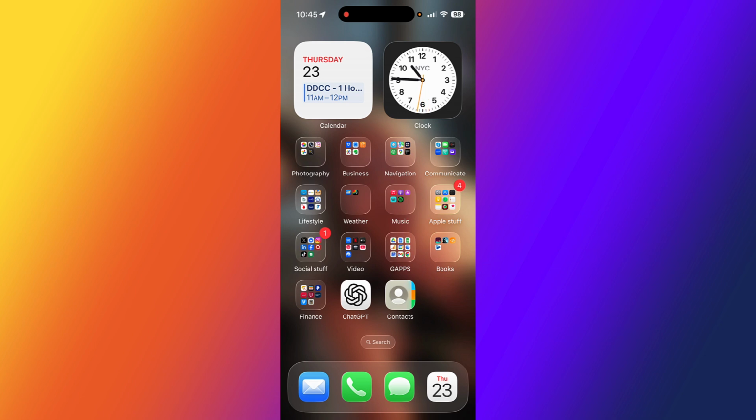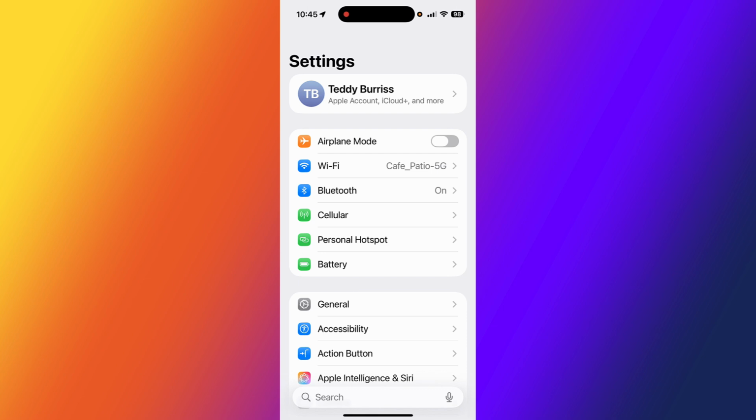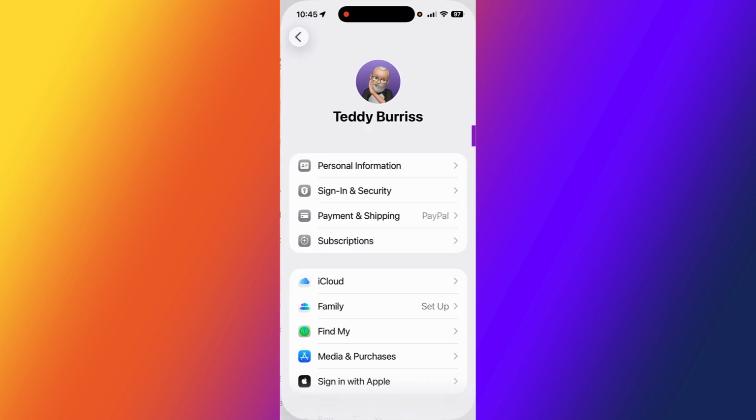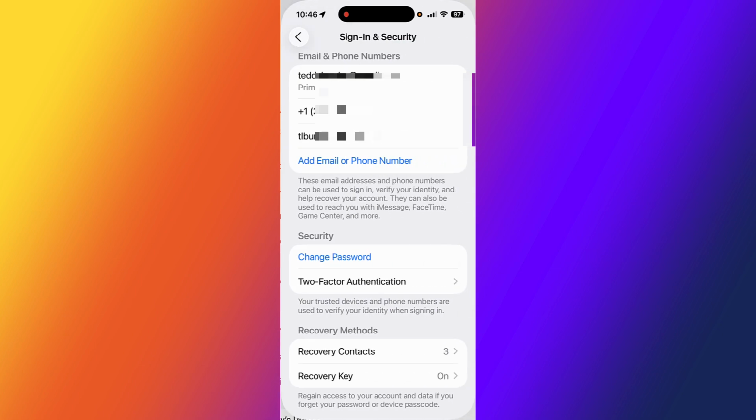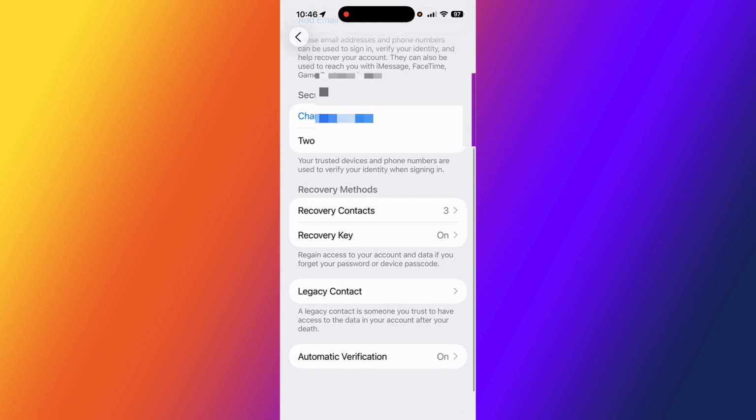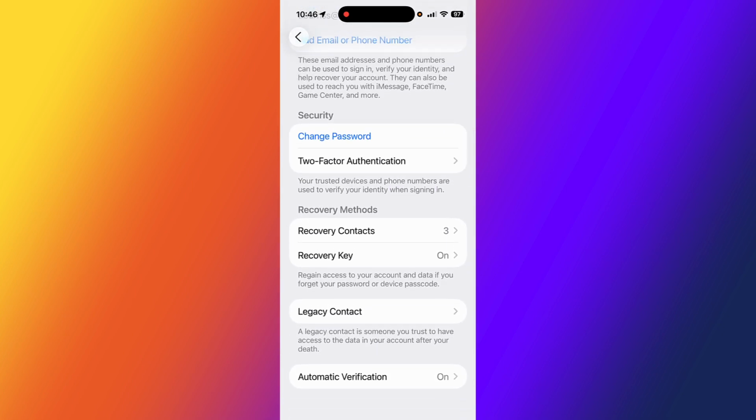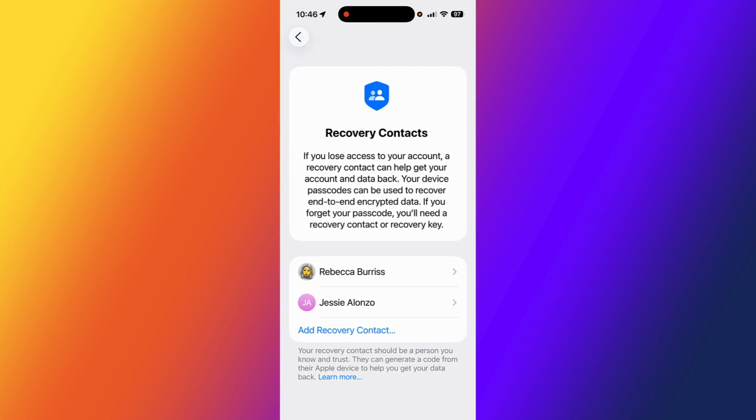So the way you do that, you go to settings. In settings, click up top where you see, in my case, it says Teddy Burris, Apple account, iCloud. And there's sign in and security. On sign in and security, click on that. Then you scroll down a little bit, you'll see there's recovery methods, and you'll see I have 3 recovery contacts. If you click on that, now I actually only have 2 right now, but if I hit add